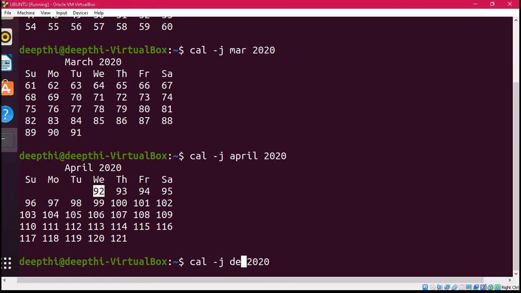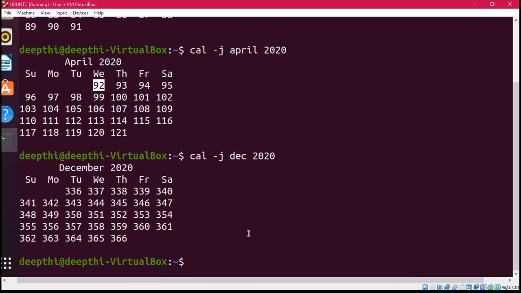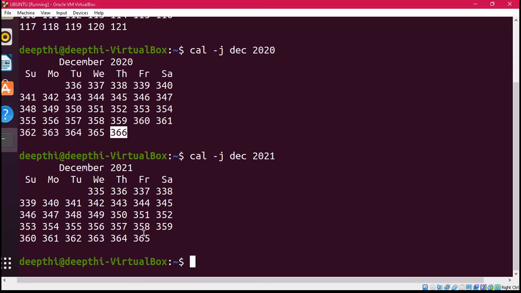Instead of showing all the months, which you can see by writing the commands on your own terminal, I simply write December. Now you can see this is a leap year. So what will be the last date according to the Julian calendar? The number of days in a leap year is 366, and 2020 is a leap year, so the last date is 366, one extra day. After this, if I write the calendar of year 2021, it is representing 365 because 2021 is a non-leap year. The number of days will be 365, so the last date is 365.